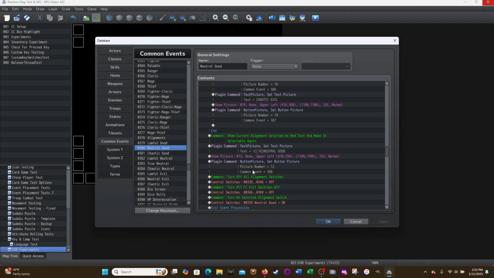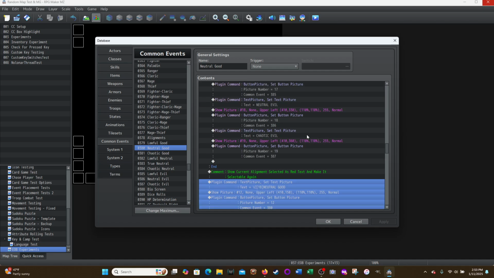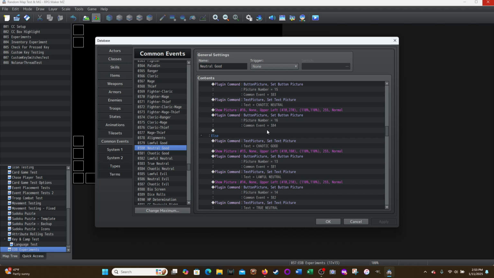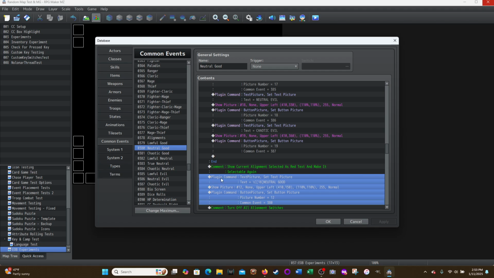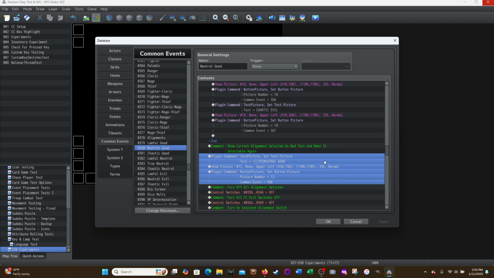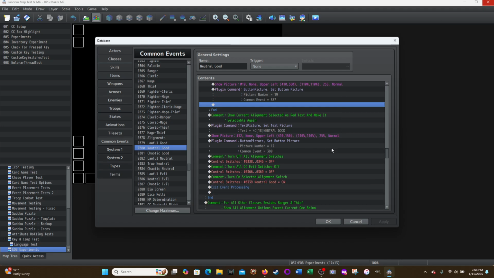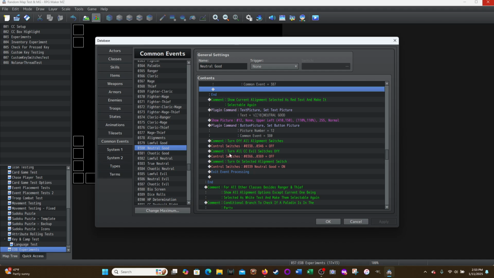I could have put this in each one of these. I could have put it here, and I could have put it here. But there was no need to, because I could put it at the end here, and it would only have to show once instead of being in each of these up here. Okay, so neutral good is being shown in red, and then this was all the same from the previous one